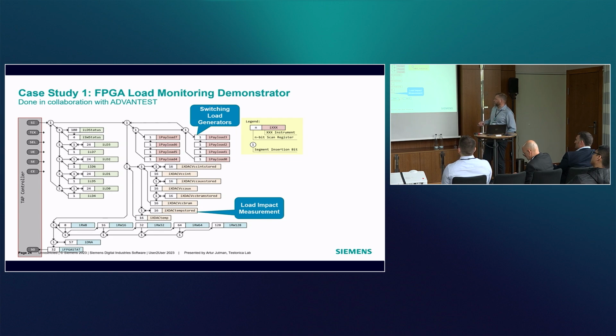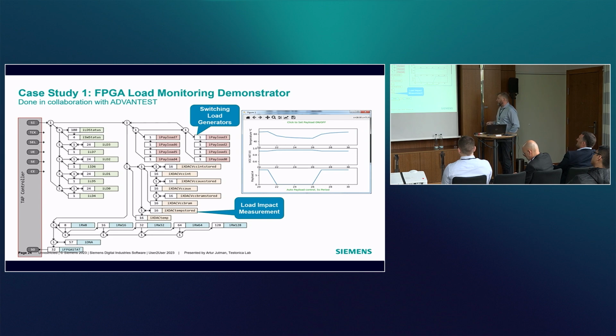And of course, the system level test could be executed at the same time as reading from the instruments using IJTAG. So it could be done completely in parallel. And obviously, the expected behavior was observed. When the payload, the switching load, was initially high, then low, then again high, the temperature was higher, then lower, then higher, and also the VCC reflected the same